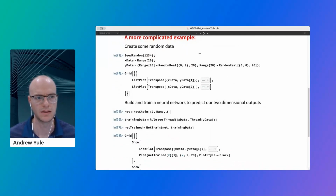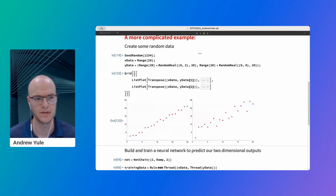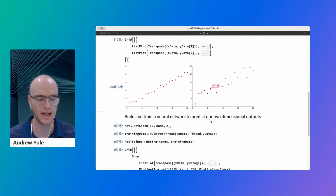Still keeping it somewhat simple, say I have something that I'm trying to predict, and maybe it's not a scalar, but an array of values. I've got two different data sets here that are basically linear lines with some noise associated with them. If I wanted to predict that, and say I wanted to use a neural net to do that,